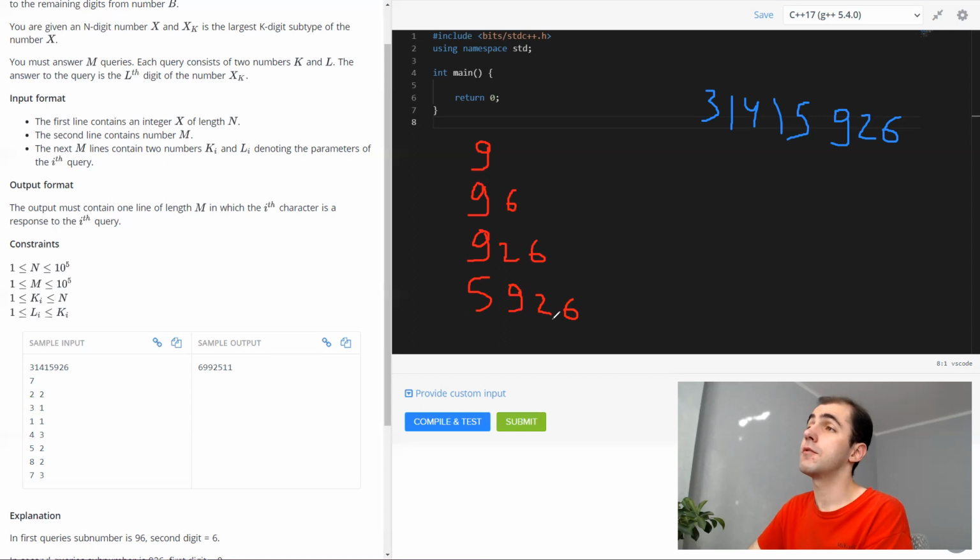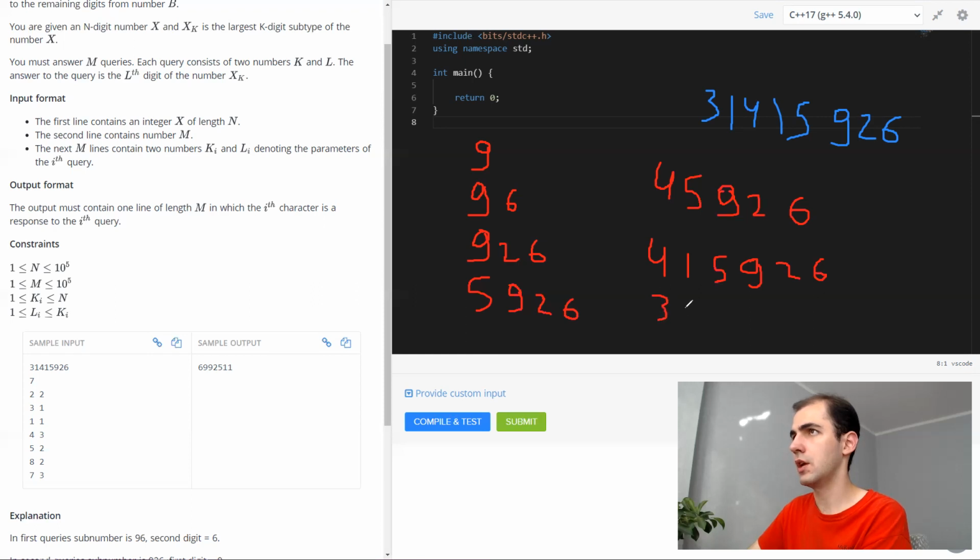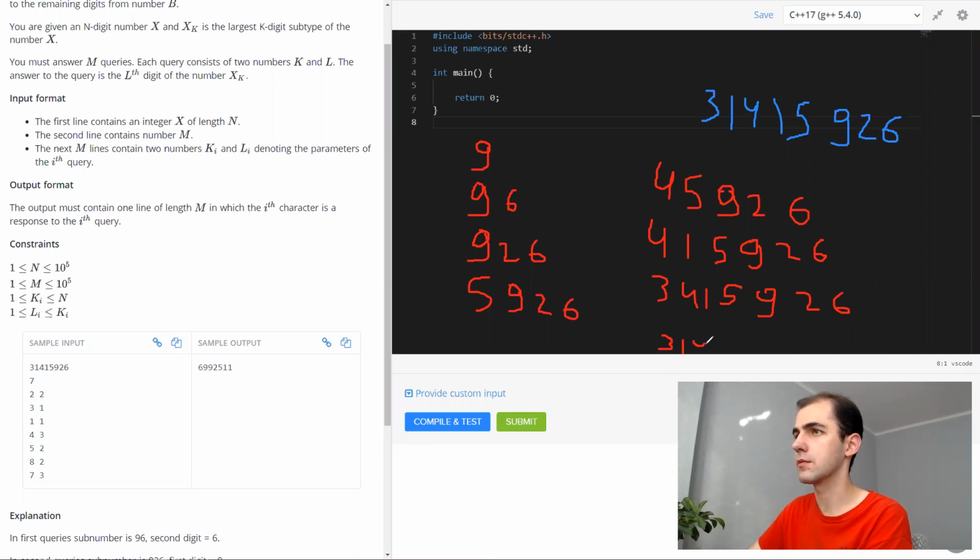The largest 5-digit number, I think, is 45926. How about the 6-digit number? It's 415926. Then comes 3, 4, 1, 5, 9, 2, 6, and finally the number itself.